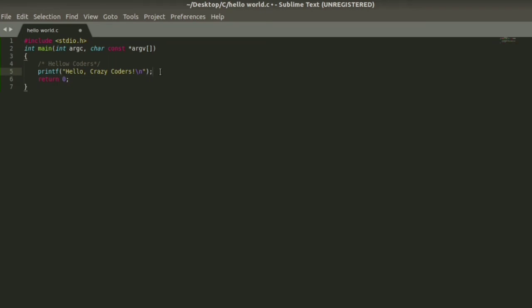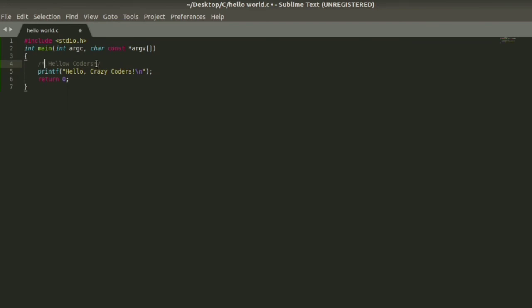Let's look at semicolons. In a C program, the semicolon is a statement terminator. That is, each individual statement must end with a semicolon. It indicates the end of a logical entity. Let's look at line number 4. These are comments. Comments are like helping text in our C program and they are ignored by the compiler.